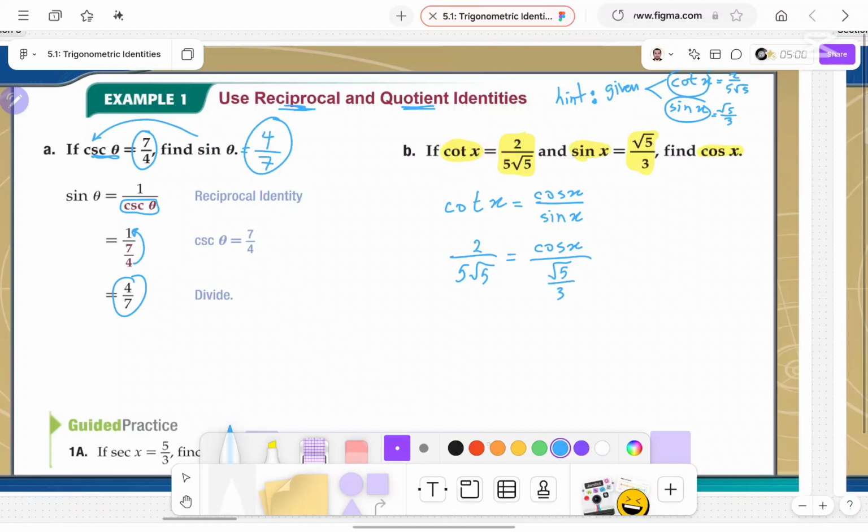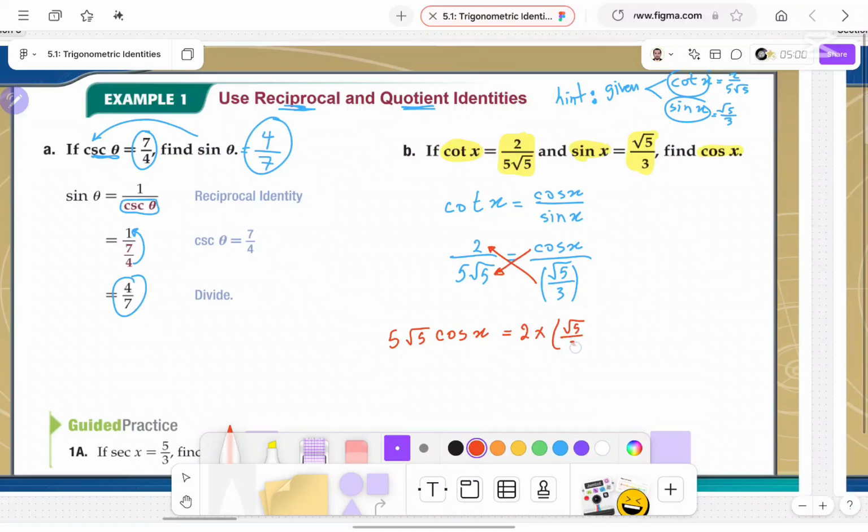Now let's find cosine. So you can use cross multiplying, cosine times this. Okay, don't forget this is a whole one fraction, right? And this whole fraction is multiplied with 2. Now cosine times 5x, so cosine x 5 square root of 5 times cosine x equals 2 times square root